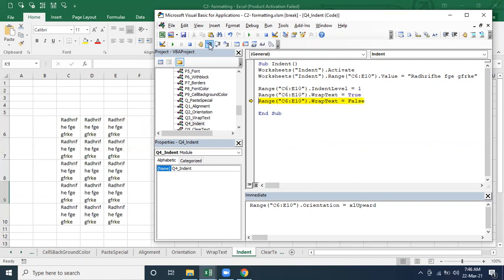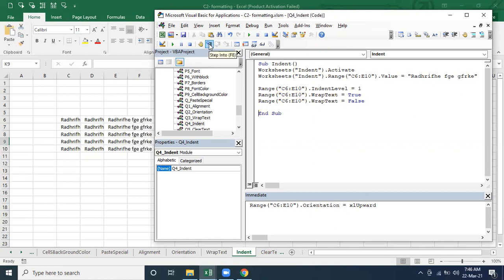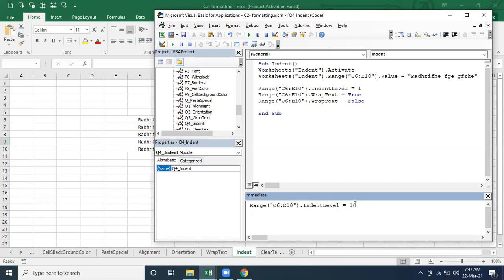And we can make it wrap text. This is the false and this is the one. Here you can observe, if I pass it here, instead of 1 I'm making it 2. You are able to see on the screen the 3, the 4 and the 10, correct? And the 0 makes it false.